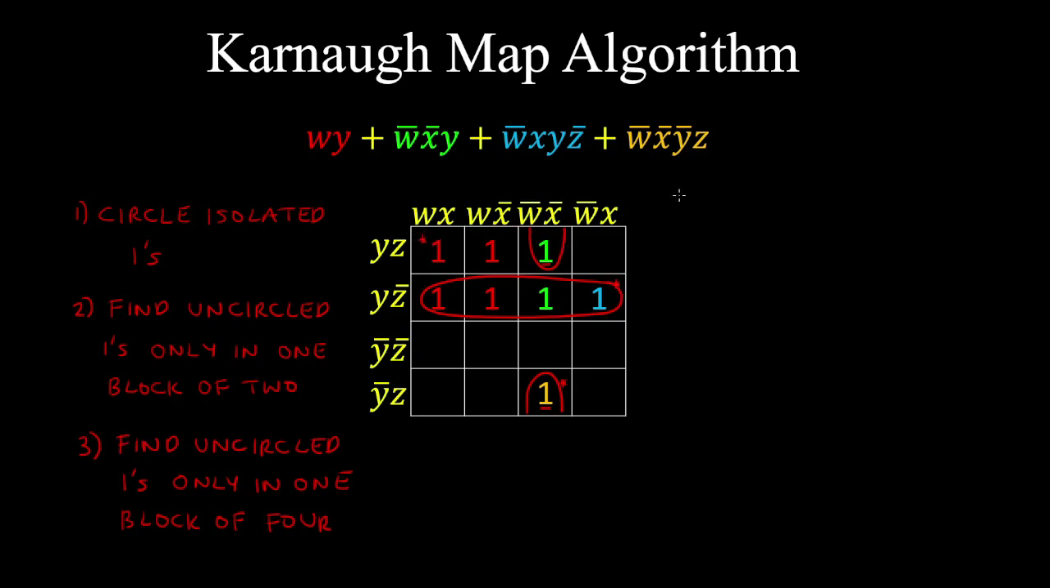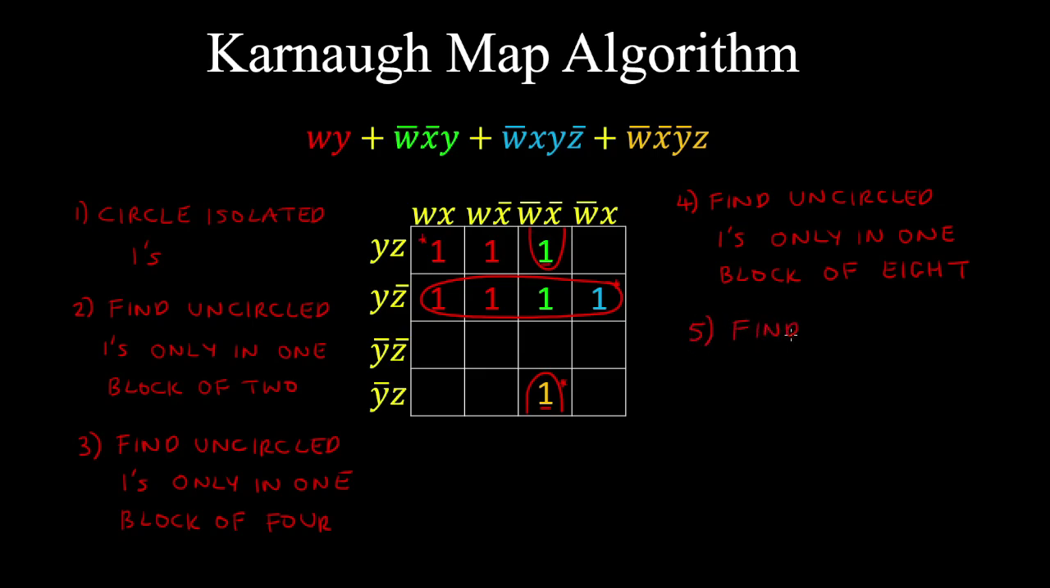So we go to the next step, where we find the uncircled ones only in one block of 8. So here we don't have any ones in a block of 8. So we go to the next step, where we find the uncircled ones